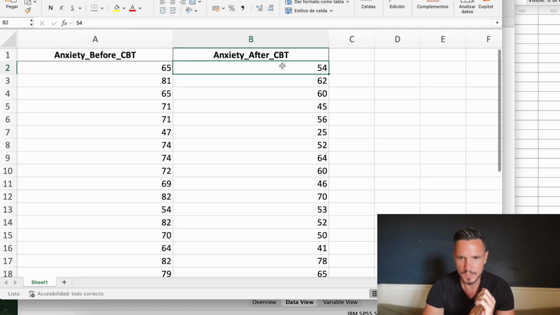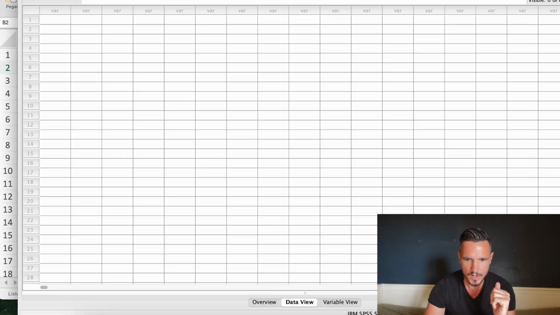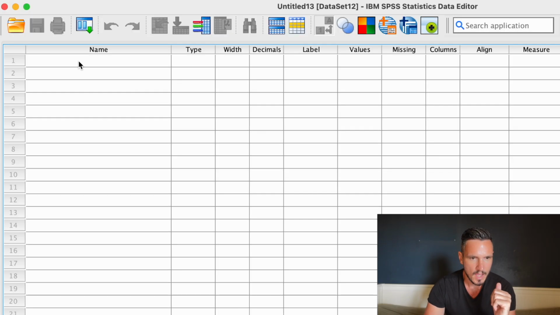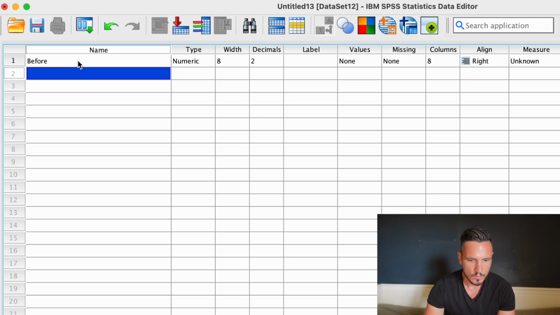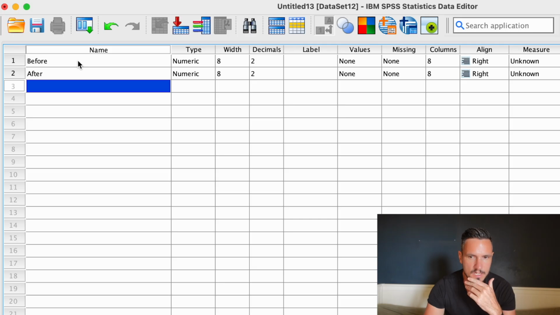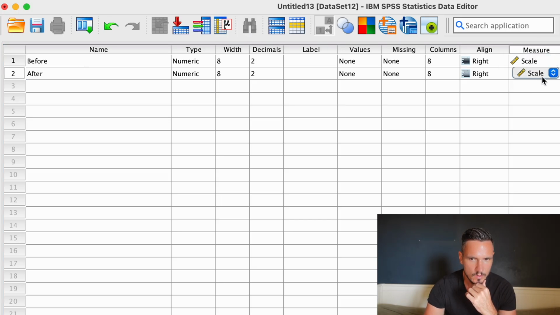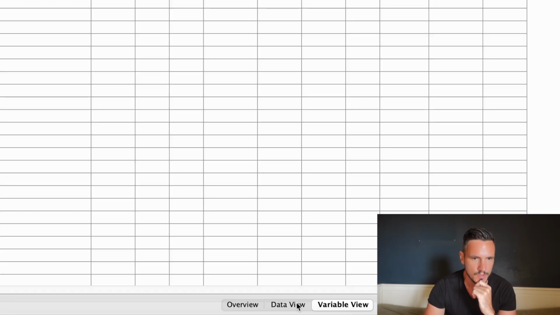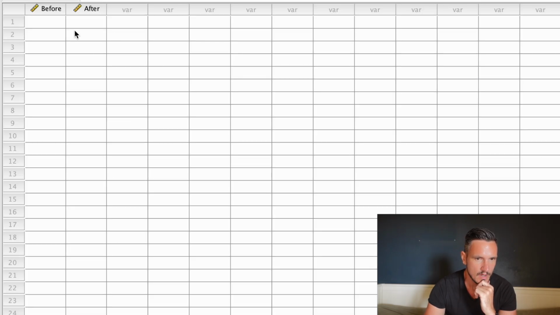So let's put these data into SPSS. We'll go down to variable view, and then we're going to put before into this top row in the name column. That's going to stand for before CBT, and then we'll put after in the cell below. That's going to stand for after CBT. Then we'll go over to this measures column and we'll select scale, which is essentially another word for continuous. Then we can go down to data view, and we can see that before and after are at the top